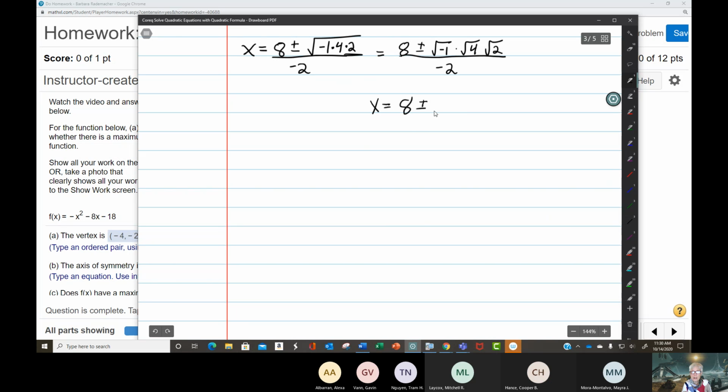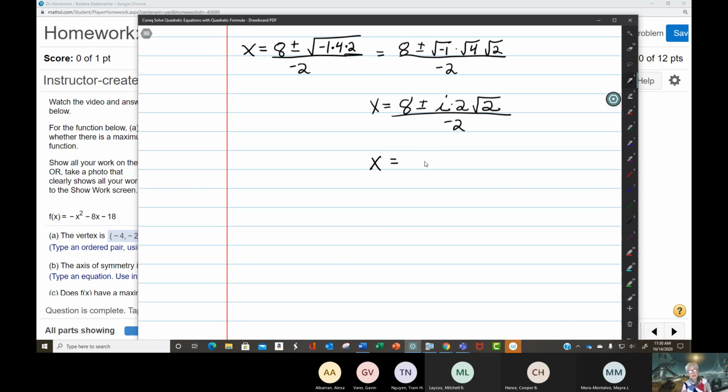The square root of negative 1 is i. The square root of 4 is 2. And then times negative 2, which will not simplify, all over negative 2. And then finally, x equals,